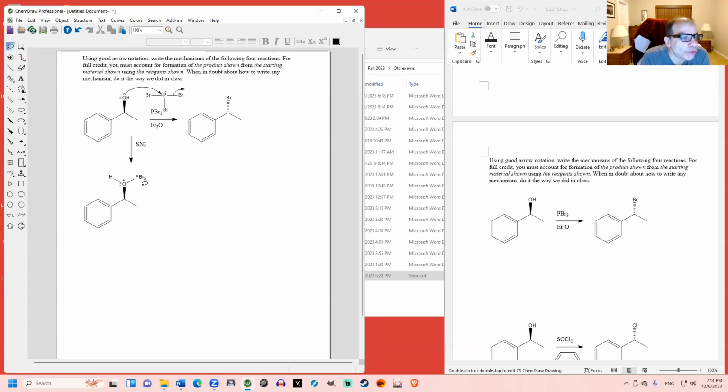And you get a phosphorus with 2 bromines attached to the oxygen. This is the new bond we just formed between oxygen and phosphorus. Oxygen and phosphorus, as we'll learn next semester, form really strong bonds. Oxygen and phosphorus really like each other. And next, what happens